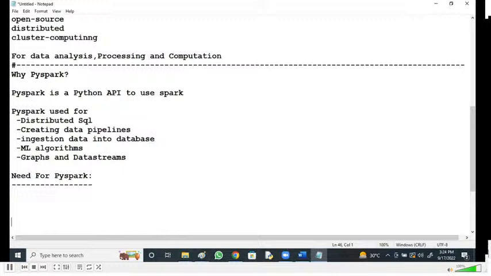The data contains hidden patterns, unknown correlations, market trends, customer preferences and other useful business information. It is necessary to extract valuable information from the raw data.